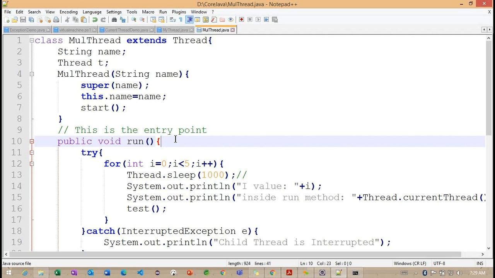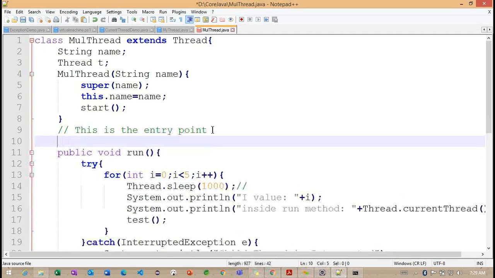Okay. So we need to understand some of the methods which are available inside this particular thread class. Previously, in the last class, we already identified set name, the current thread information, and sleep method information. Along with these three, we have some other methods: isAlive as well as the join method. Now we need to understand the purpose of these two methods.